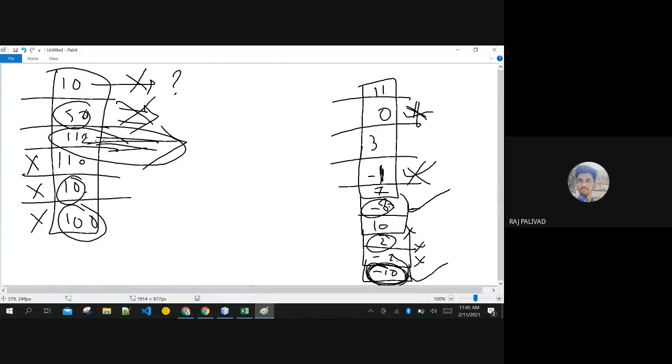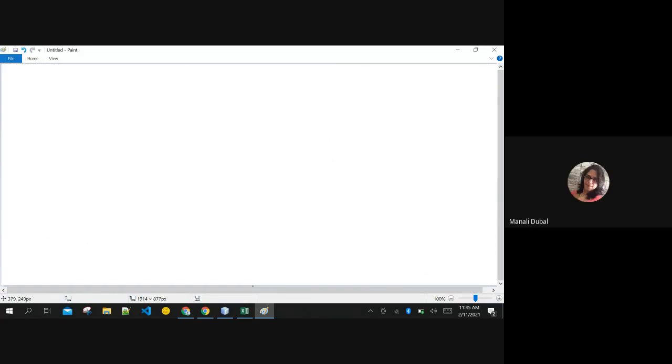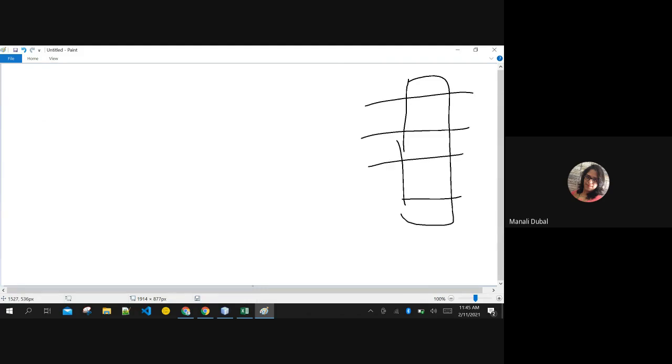Now, if you were to put the same logic in practice, what will you do? Input and all that, you can do. You know how to input the numbers. Once you have the array filled in your hand, what will you do? You will start comparing with the first number itself. You will assume that this number, whatever it is, is the highest or lowest number.